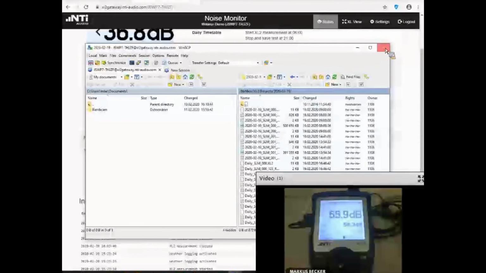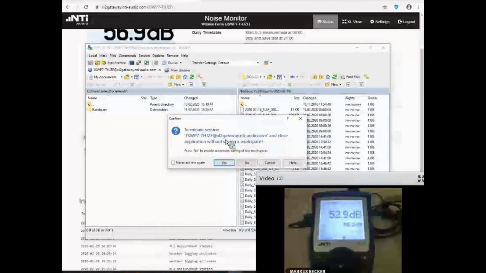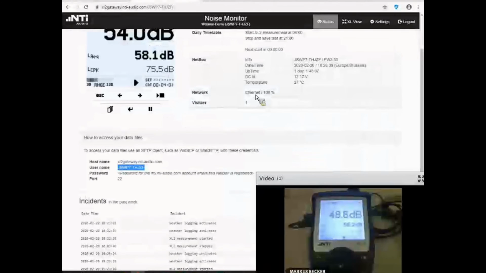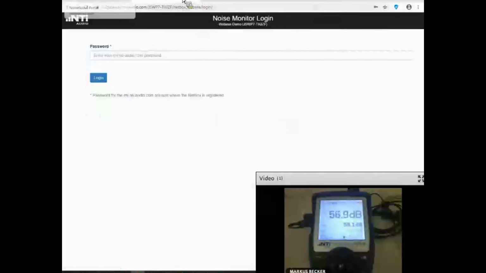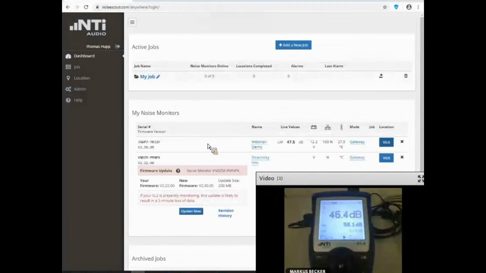So I switch that off again, and I go back to my dashboard. I log out. Here is my dashboard. Just one more side note: the reason why I restrict myself to the gateway mode is because we have already had a webinar on the managed mode. You will find the corresponding recording on our website.